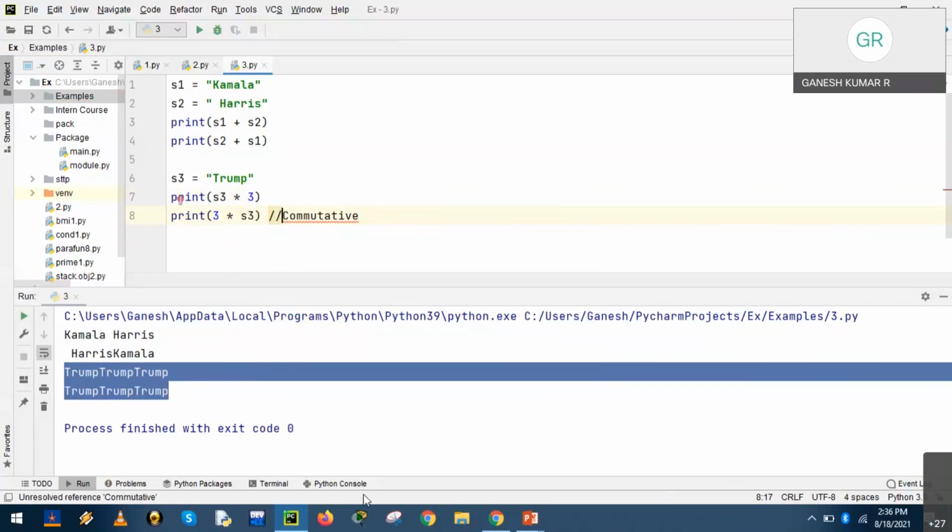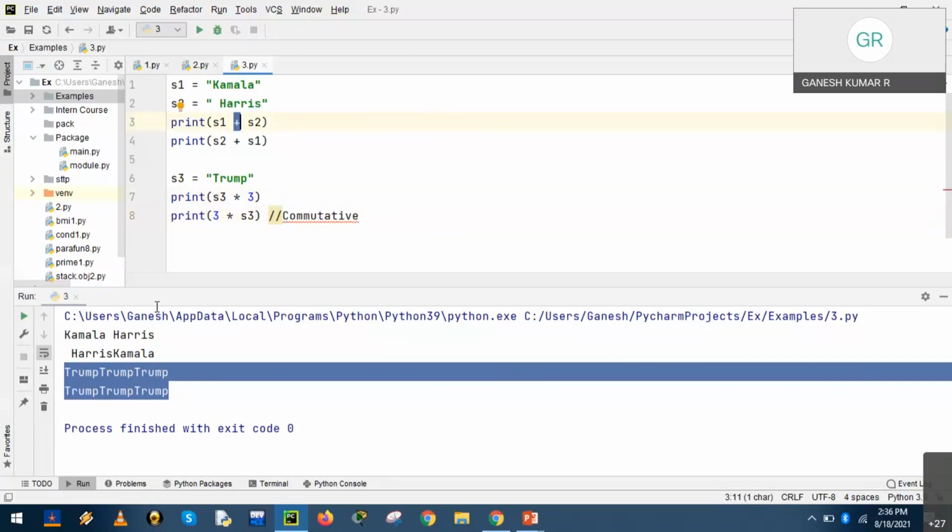So it fulfills the commutative property, irrespective of the position of the operator and value, which will remain the same. Is it clear? So the asterisk multiplication operator supports the commutative property, whereas the arithmetic addition will not.